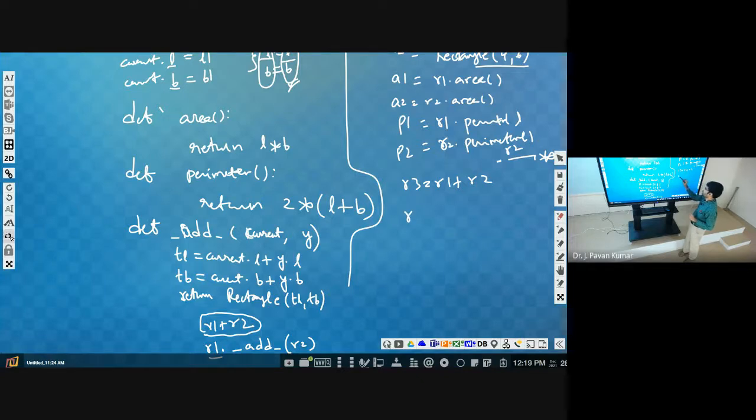Next you can display R3 dot. R3 is also an object now. So you need not call add. Why? Because R1 plus R2 will be interpreted as calling that add function only. So print of R3 dot area, print of R3 dot perimeter.